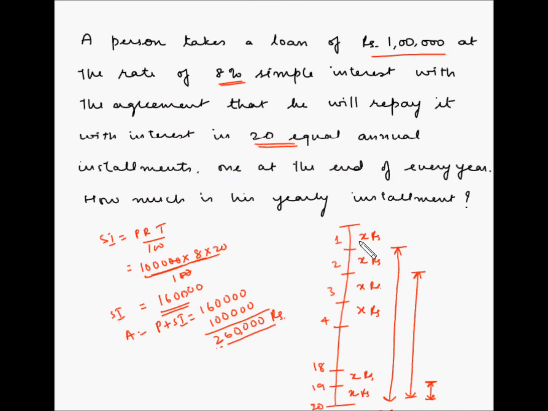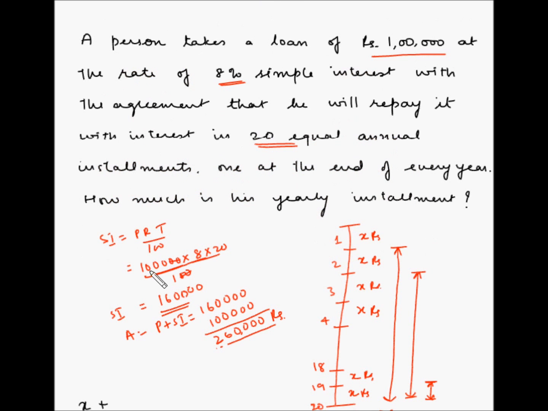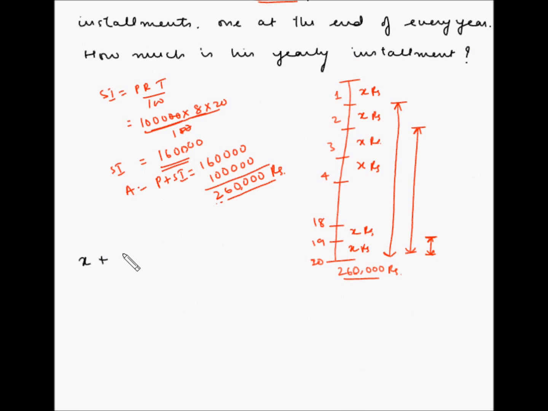So let's take the case of first year. So at the end of first year, this man is paying an installment of X rupees and avoiding the interest of the remaining 19 years. So X, which is the installment, plus the interest on the remaining 19 years. So again, PRT by 100. Principal amount is X multiplied by R, which is 8, multiplied by T, which is 19, divided by 100,